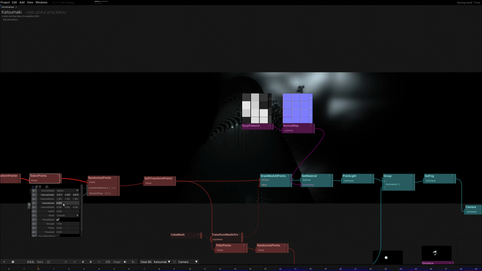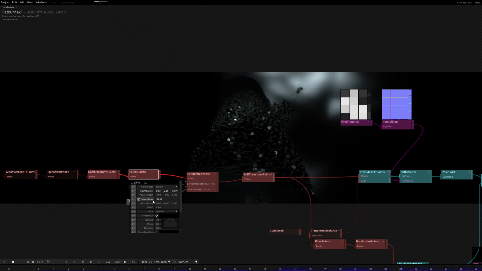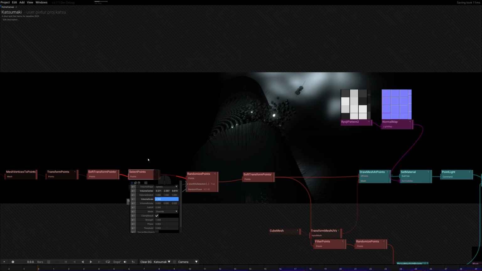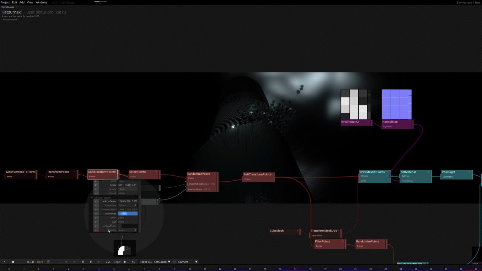If we would increase the volume scale, I could imagine this. And let's try this transform point, soft transform to the volume size. So we could